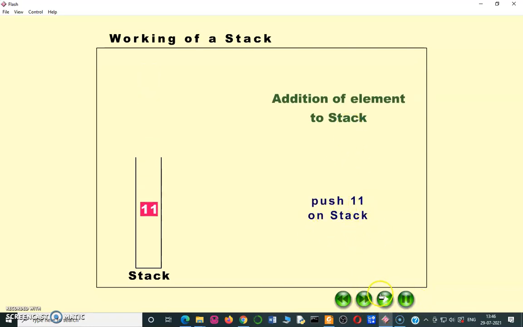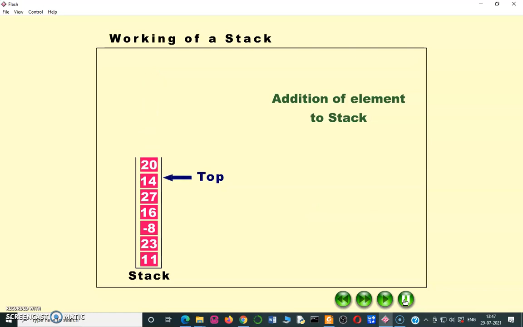Push 11 on stack. See, every time the top index number will be incremented. Now push 16, push 27, push 14, push 20.